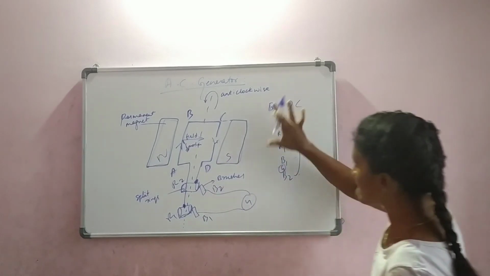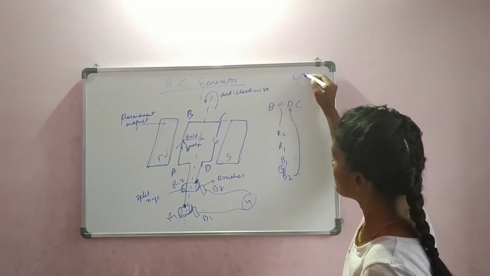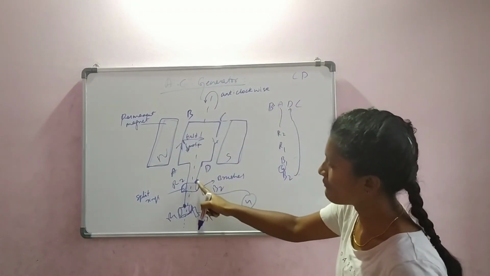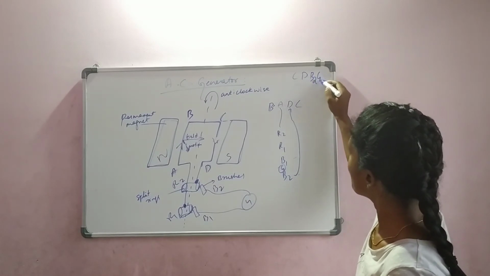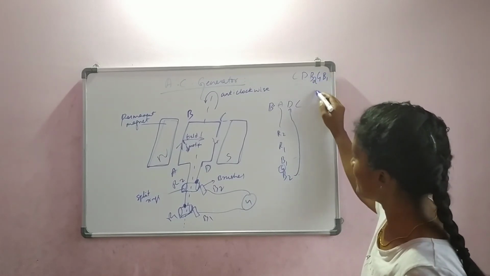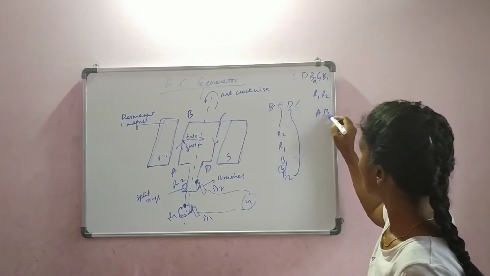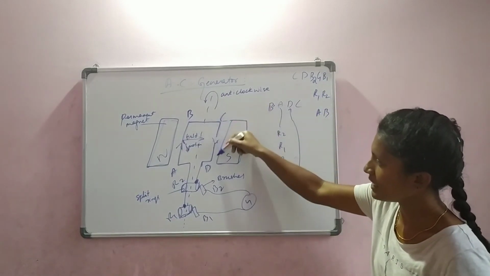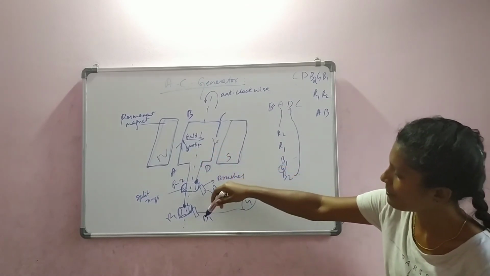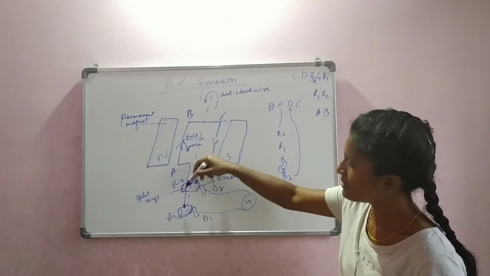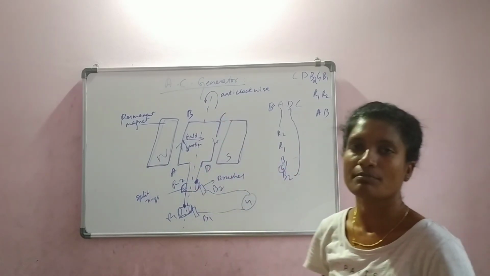So now the same diagram, how can I say? It comes from C, D, and after D it is B2, B2 to galvanometer, then B1, then R1, then R2, then A, then B again. Okay, it started from C, D, R2, B2, galvanometer, B1, R1. I'm sorry, this is not R2, directly for the brush B2.